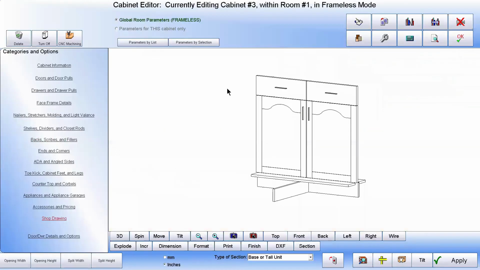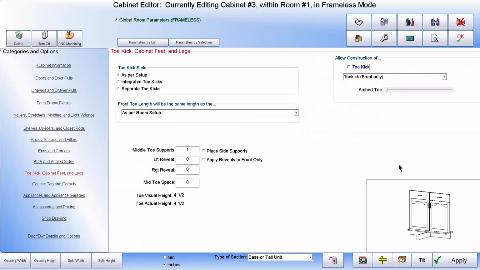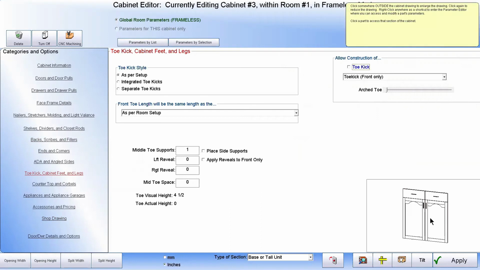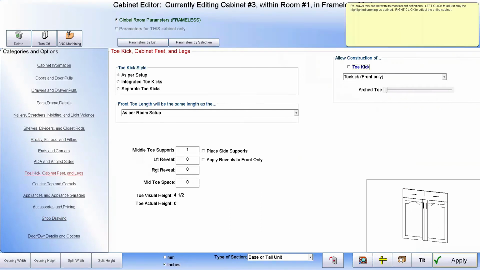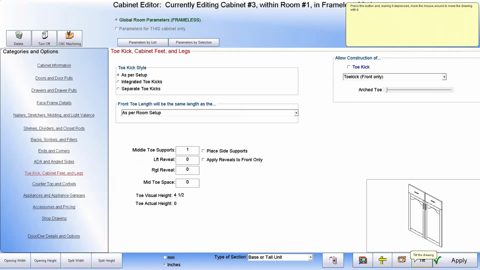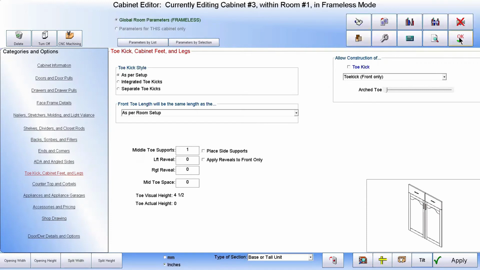Here, I know, let's do the easy way out. Take the toe kick and just undo the toe kick, because we want that to be on a door, not on a toe kick. So now we have just doors and drawers without the drawer box. If I hit the OK button here,